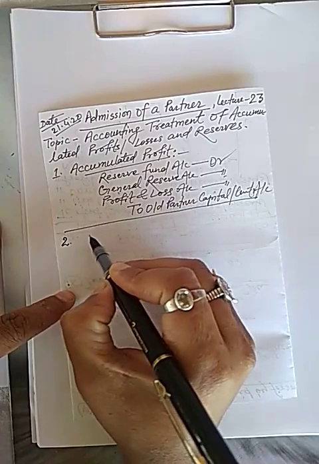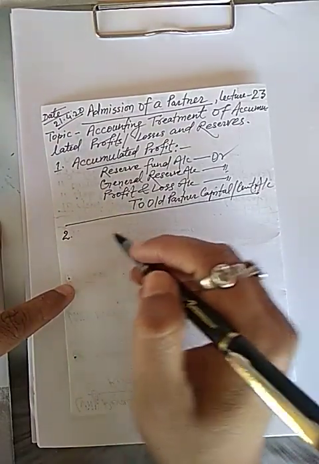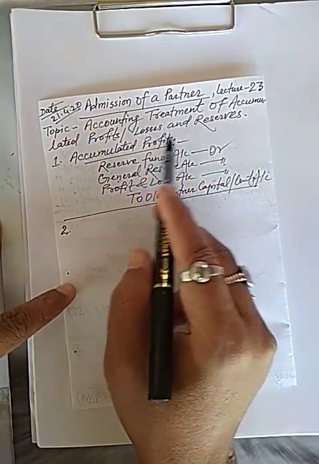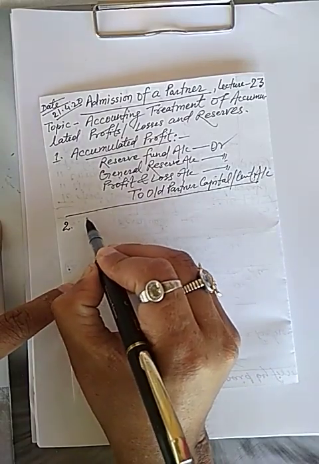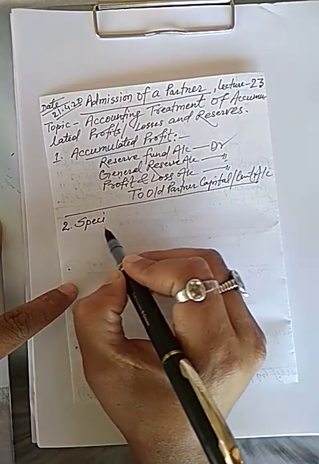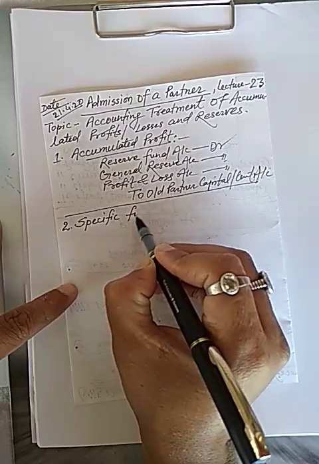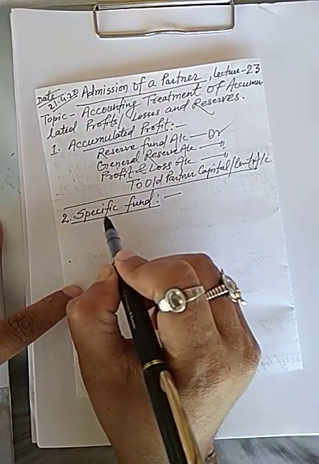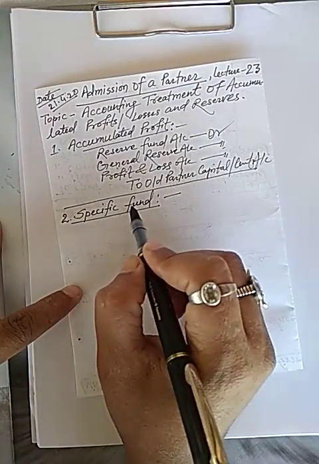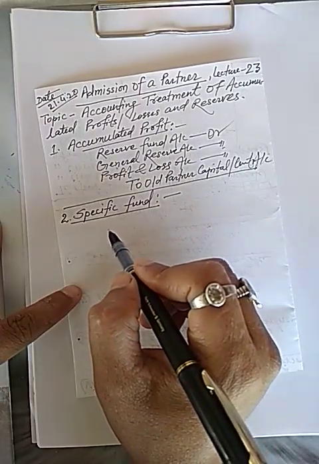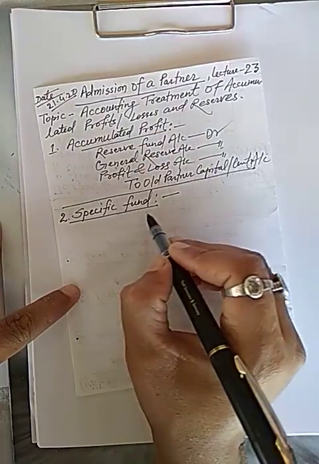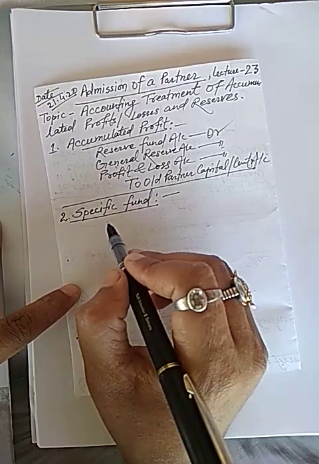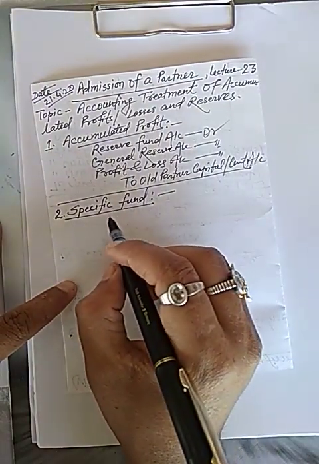The second topic related to accounting treatment of accumulated profit, loss and reserve is a specific fund. A specific fund means these funds are special, for example, investment fluctuation fund, workmen compensation fund, etc. If there is no liability against this fund,